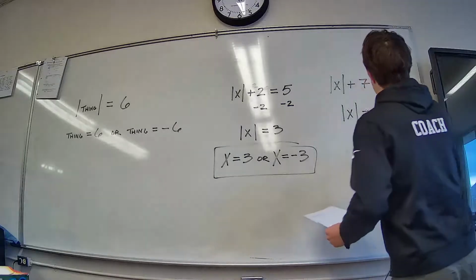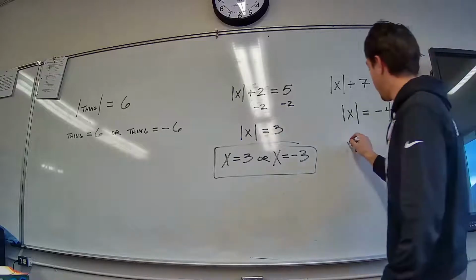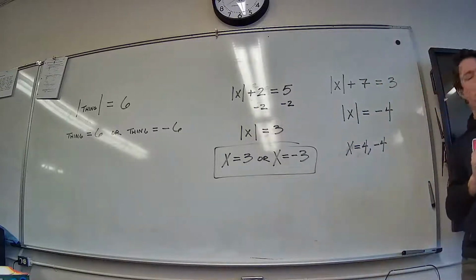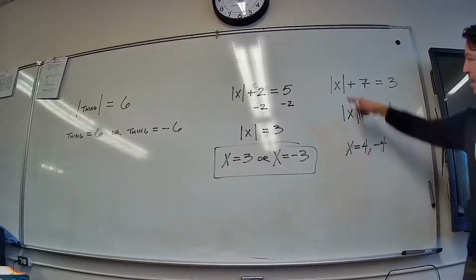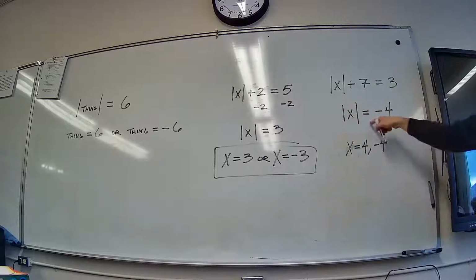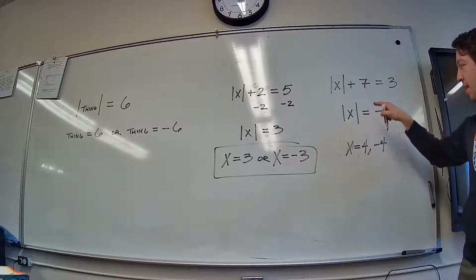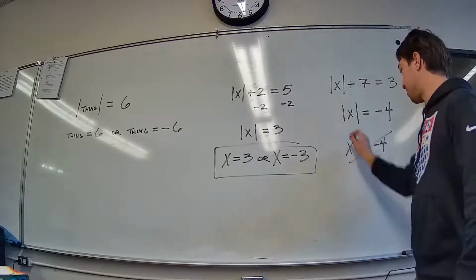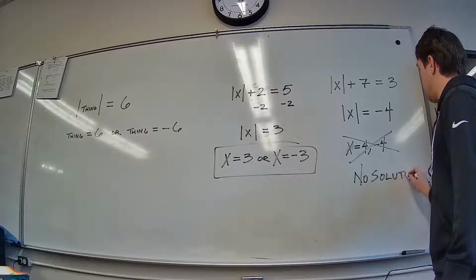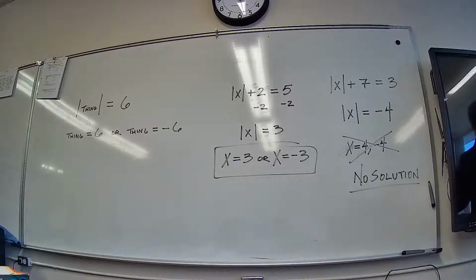Okay, so traps happen for both sides. You get -4. Now, a lot of people at this step go, oh, then x is 4 or -4. No. If you plug that back in, you'd see, wait a second, 4 plus 7 is not 3. So you might go back and go, well, oh, wait a second. The absolute value of a thing cannot equal a negative number. It's not possible. This answer is no solution.